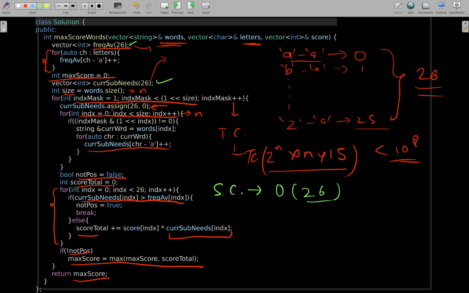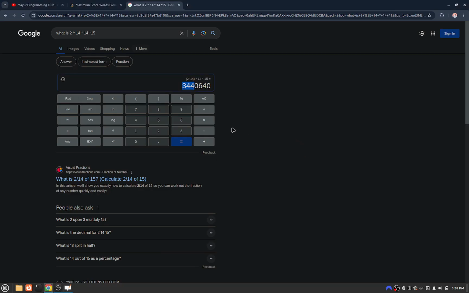And this assign function will only be running 26 number of times, so it is also pretty much constant. So this is the time complexity in general. So this 15, you can say the maximum size of words, or max size word, in the given words array. So this is the time complexity